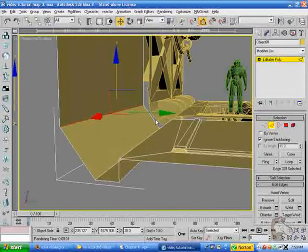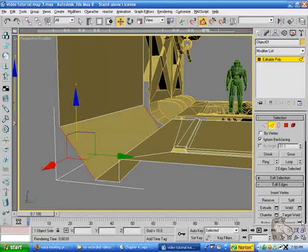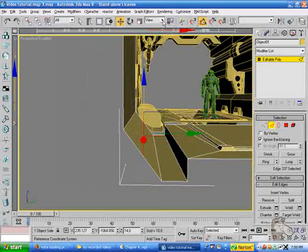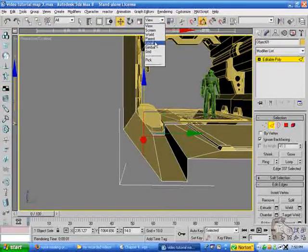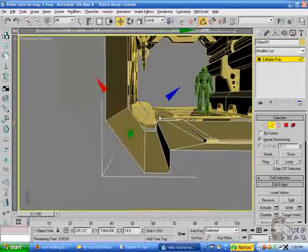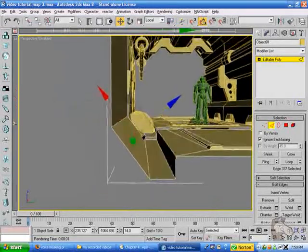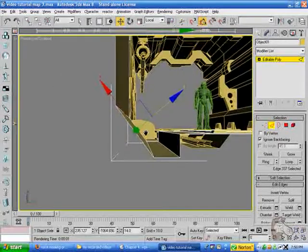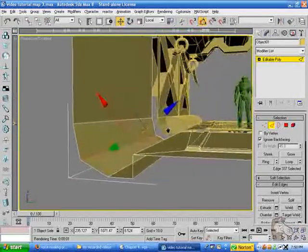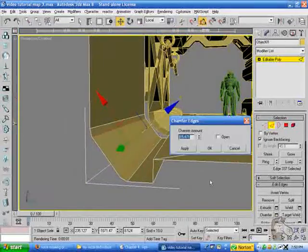Then I'm going to connect these two edges right here with one segment. I'm going to go up here into this little drop box and select local, and this will switch the gizmo to align correctly with the polygon here. I'm going to drag this down diagonally to about right there. Then I'm going to go into the chamfer tool and just